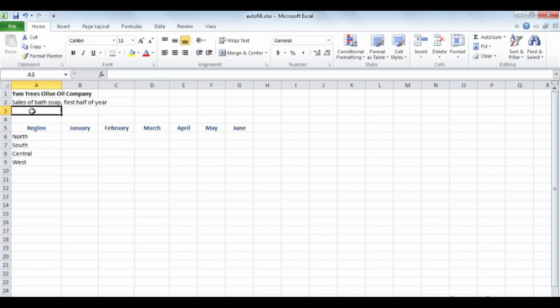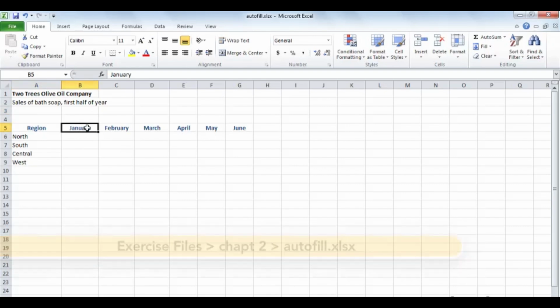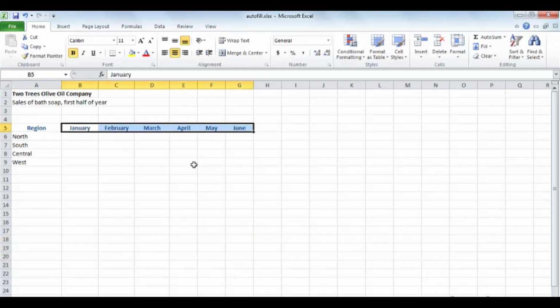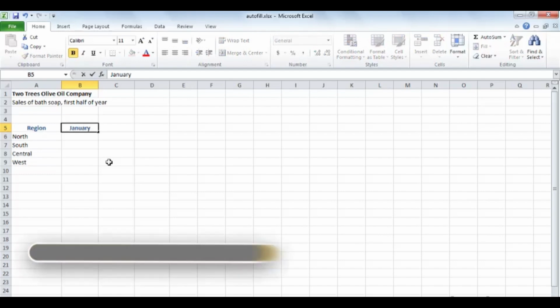Rather than typing a lot of repetitive data, why not let Excel do it for you? If you take a look here at this sheet, we have months and we did this in a previous movie. Well, let's just select all those cells and delete. Let's go back to this first one here on B5 and type the word January. And instead of pressing Enter, which would move us down to the next row, let's press Control Enter so we